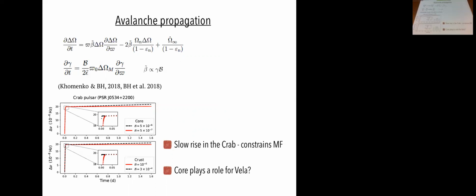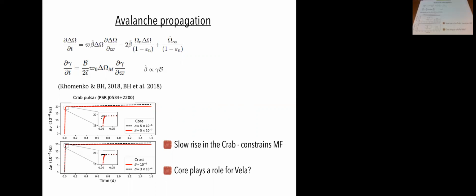And you see that if you allow for this, you develop differential rotation as well. And you end up with waves, instead of just an exponential coupling, you have waves that can propagate in the system. You see you have nonlinear terms here, and you advect this vortex overdensity. This is interesting because it allows you to get delayed rise as this propagates out, which you can then fit to these delayed rises of the Crab pulsar. And you can play this game and try to constrain the mutual friction parameters in the star.